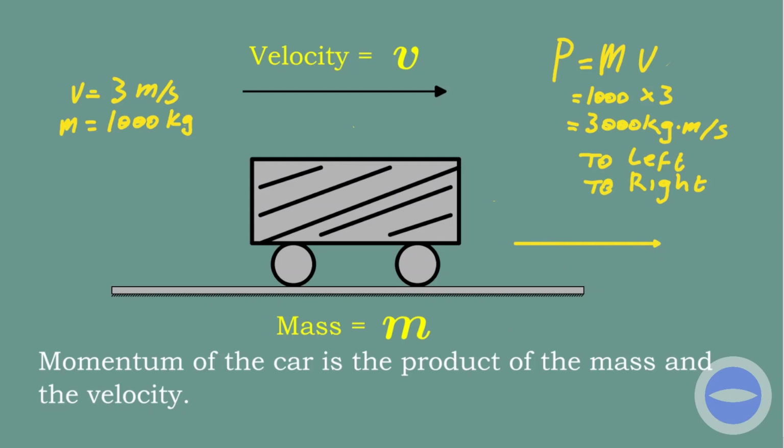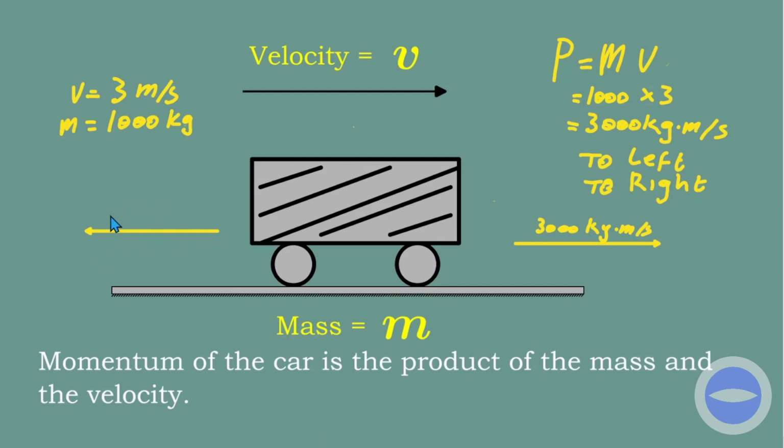And say 3000 kg meters per second. This is if the trolley is traveling to east or to the right. If it's traveling to the left, then our vector is going to face this direction. And then